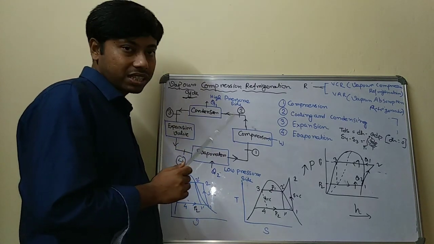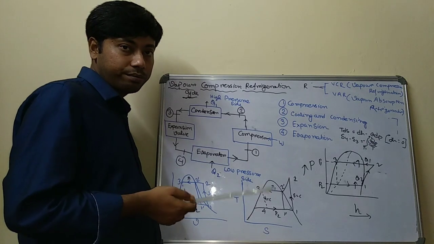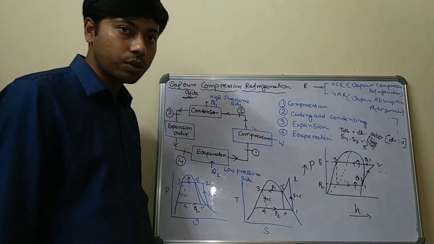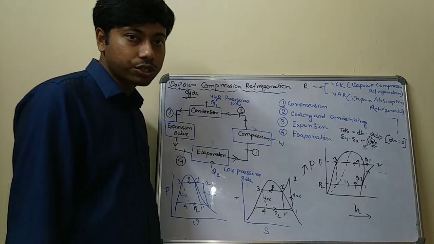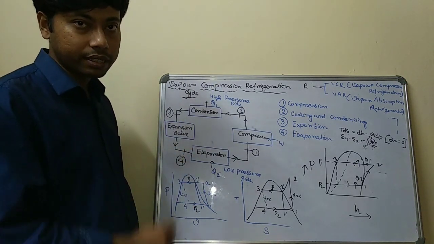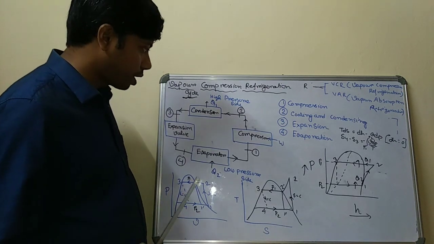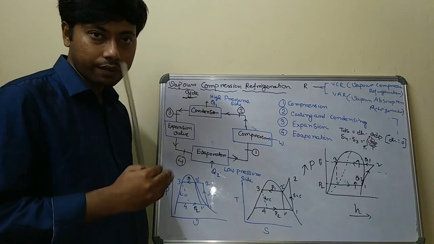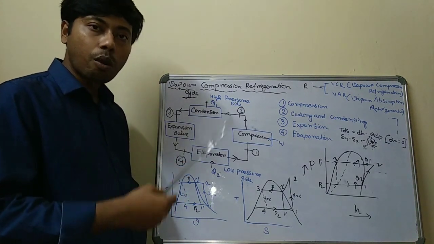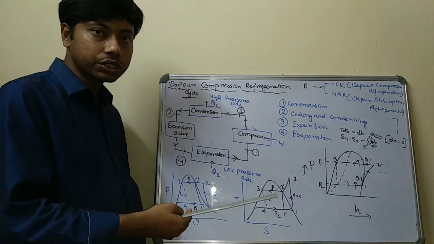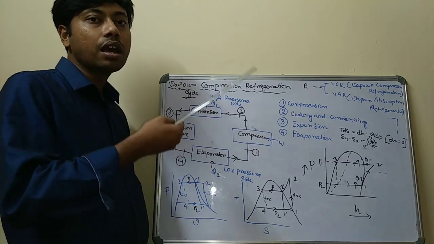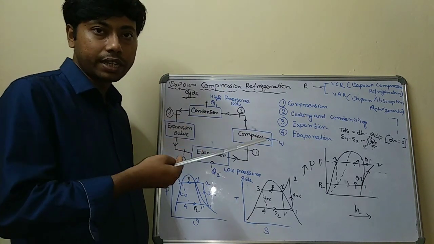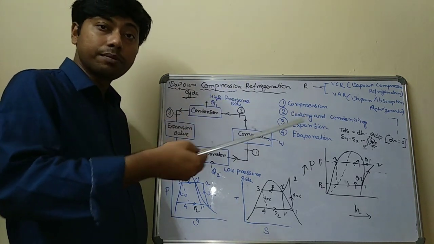There are four main processes that occur in the VCR cycle. First is compression, second is cooling and condensation, third is expansion, and fourth is evaporation. So four processes are here. First of all, compression. Compression takes place when the vapor refrigerant is compressed in the compressor, and it reaches a higher pressure level of refrigerant,